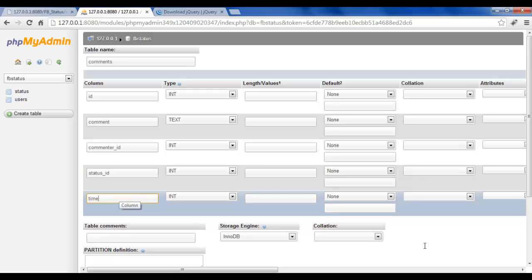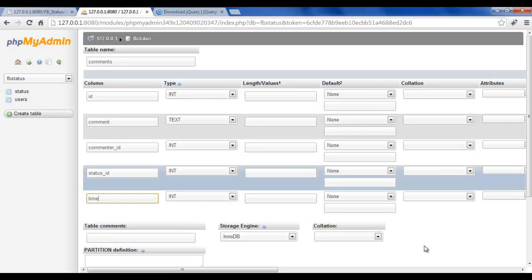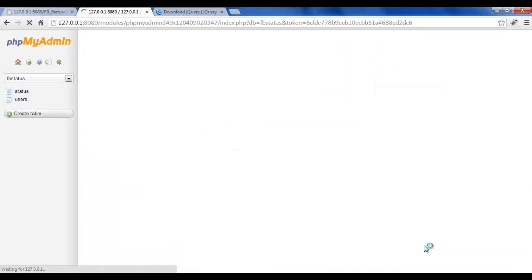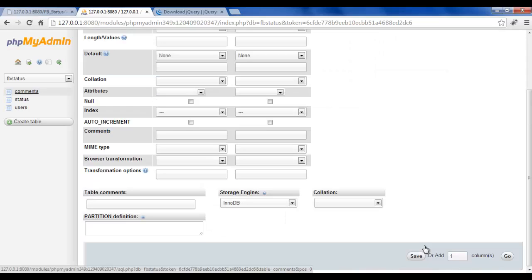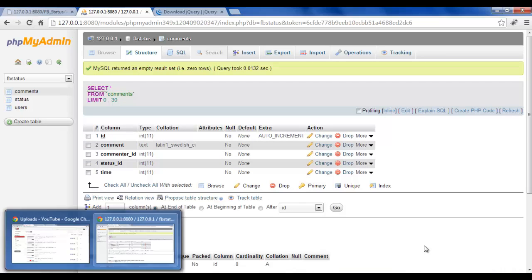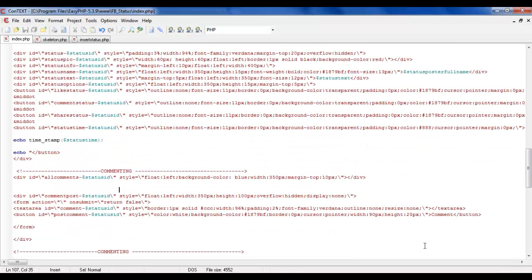Why does it make me think that I'm missing something? Anyways, we'll just add more columns if we need them. Okay, so save the table, and you have the comments table there with the ID, comment, commenter ID, status ID, and time. So the next thing you would have to do is